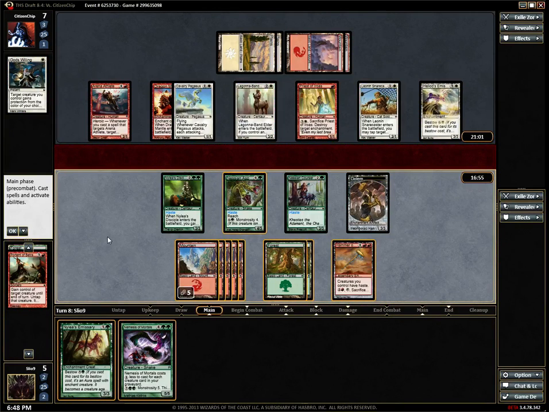I'm counting something now. He's got 1, 2, 3, 4, 5. If he attacks with Heliod's Emissary, he just wins, right? Yes. So I have to kill on this turn. I'm just doing math on the bestow versus playing it and golfing. We can only make one Golem, right? If I bestow and swing all out, he leaves Cavalry Pegasus and...